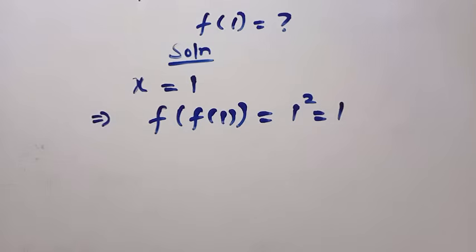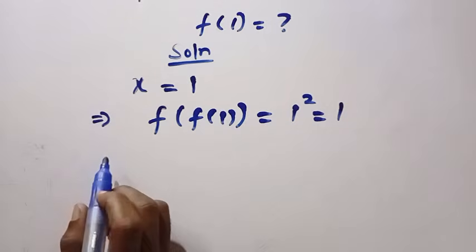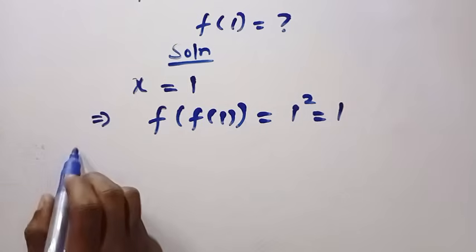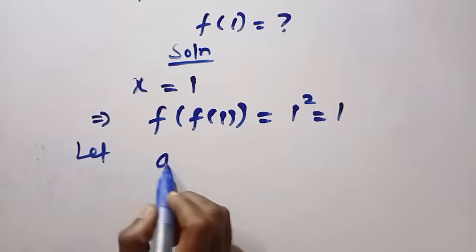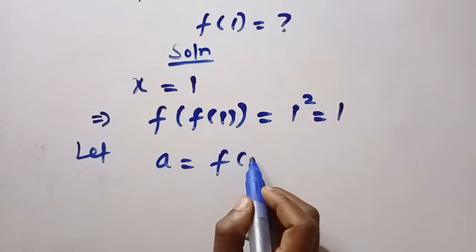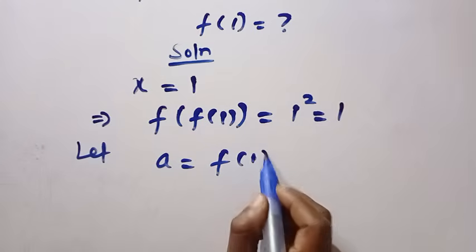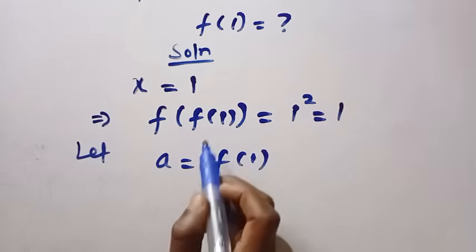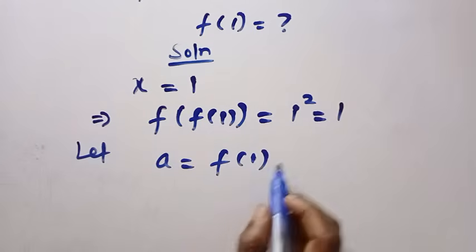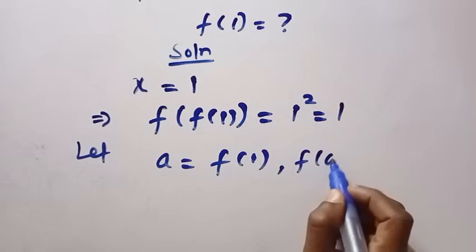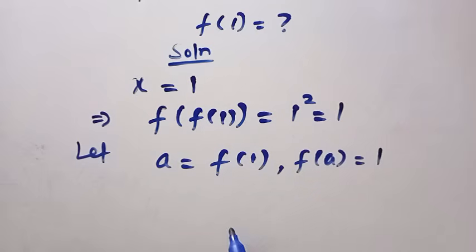And on getting this, again, suppose I let a be equal to f of 1 that we have in this function. So therefore, our f of a will be equal to 1. So this is what we have at this point. And in the next step,